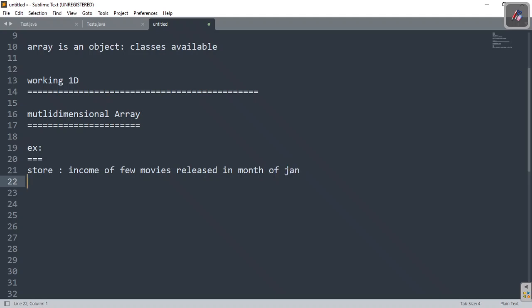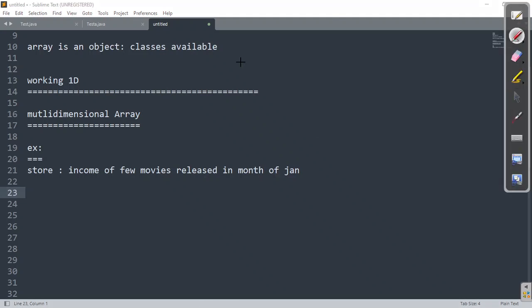So this is my requirement. I want to store the income of a few movies released in a month in some manner. Let us understand what my requirement is in a broad manner.